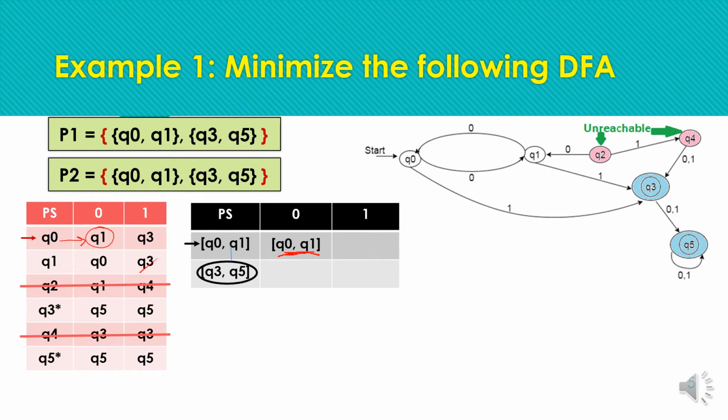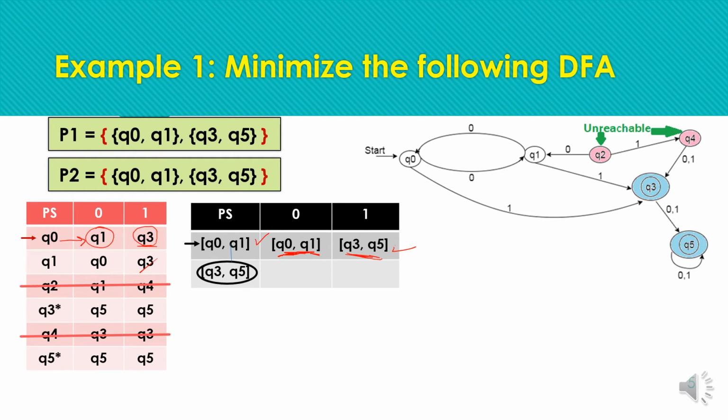For the next input symbol 1, we are having a transition to state Q3. Then in the minimized DFA we will be having a transition to Q3 Q5, as Q3 is not an option for the minimized DFA. So Q3 is no more an independent state. Now we have Q3 and Q5, so we are writing that here. So our transition for both input symbols is complete and the state Q0 Q1 is complete.